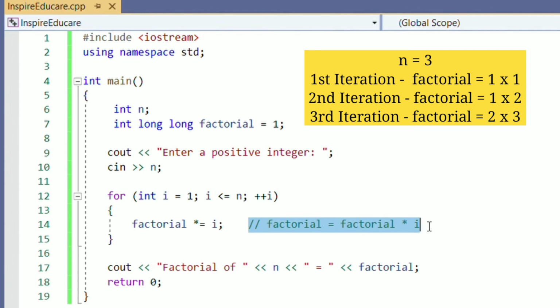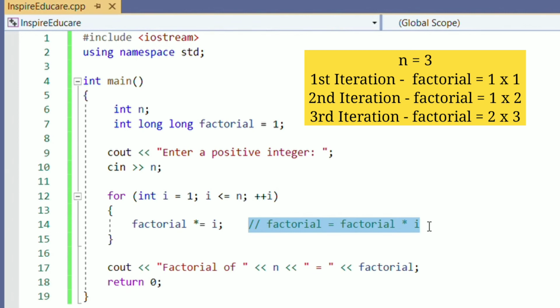So now value of factorial for this loop is 1. Then value of i will be incremented by 1. It will become 2 now. So value of factorial was 1. So 1 into 2 is now 2. So this 2 will be stored into the factorial. Now value of factorial has become 2.